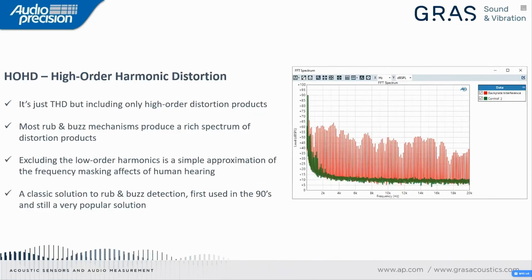High order harmonic distortion. It's just THD, but only including the high order distortion products. Most rub and buzz mechanisms produce a rich spectrum of distortion products. Excluding the low order harmonics is a simple approximation of the frequency masking effects of human hearing. And this is a classic solution to rub and buzz, first used in the 90s and still a very popular